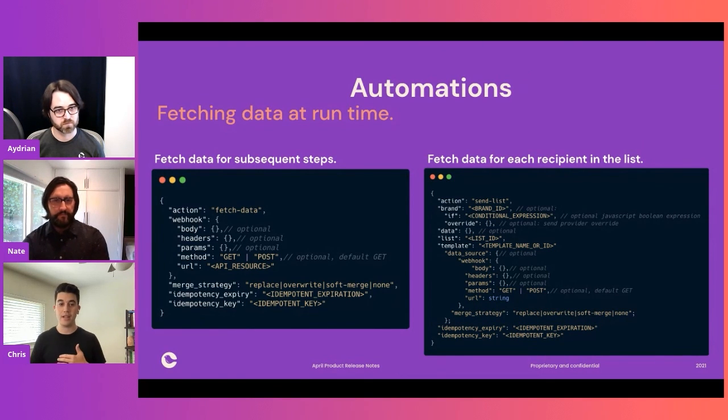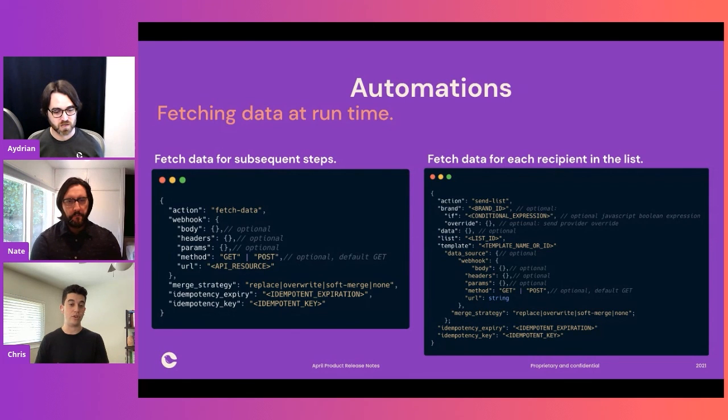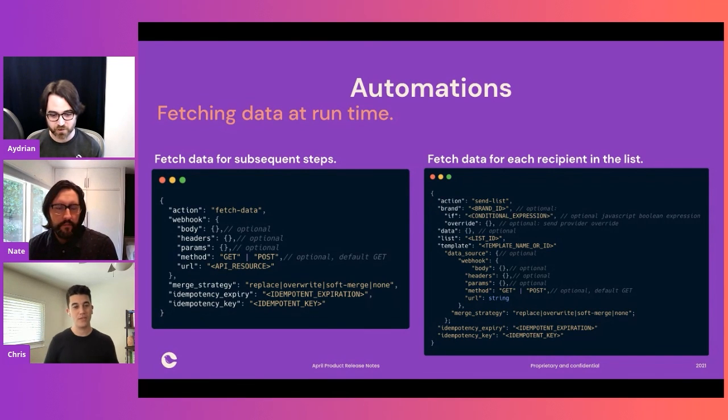And so to facilitate a generic type of digest, what you would use is the fetch data step followed by a send list step. What fetch data will do is reach out to the API that you provide, and it'll return, and we'll store that data for you, and then use that to render the generic notification. Okay. And then the other side, there's the send list step, and it now has the